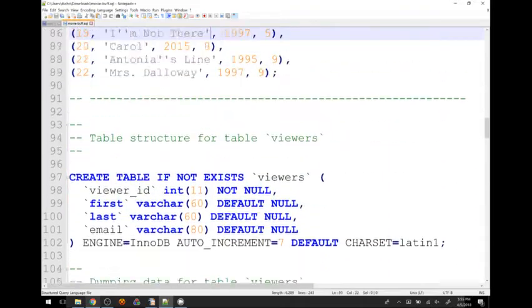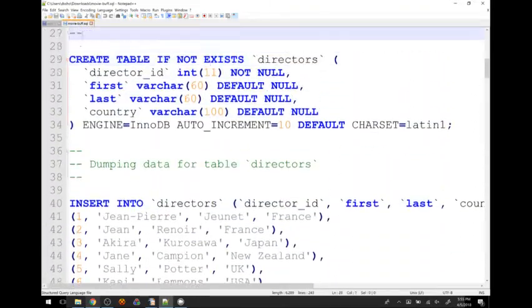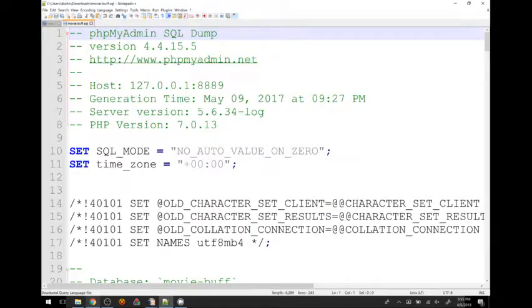Let me give you a little background on this file. This was not written by a human being. This file was not written by a person. Somebody got the database set up in a way that they liked and then told the computer, hey, write SQL queries that will replicate this database for me so that I can give it to somebody else and they can have a copy. This is computer-generated code. So on the one hand, sweet, the computer writes SQL code for us. On the other hand, they write weird SQL code that I don't know what it means. So that's kind of the downside of using computers to write code for you, is that they're going to do stuff probably a different way than what you would have done if you had done it yourself.